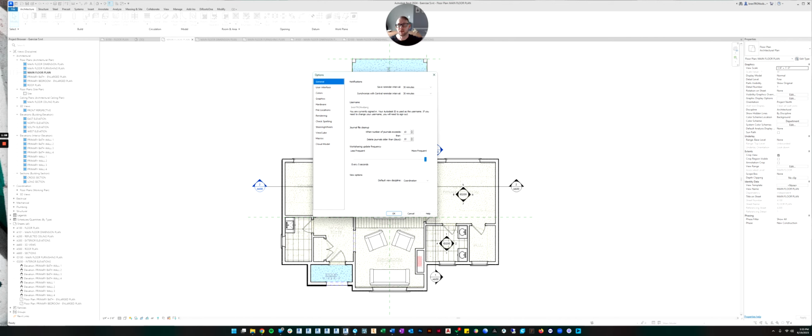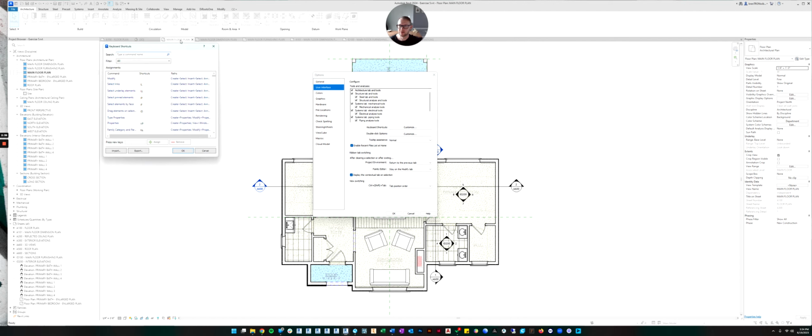You're not stuck with whatever keyboard shortcuts the program has by default. I make my own custom keyboard shortcuts all the time, especially because there's a lot of commands that don't have shortcuts by default. So I add a lot of shortcuts to commands that don't normally have shortcuts. So if you go in here, you can look through these tabs, and what you're looking for is the keyboard shortcuts. So if you go to the second tab down under user interface, there's something called keyboard shortcuts right here, and you can customize them.